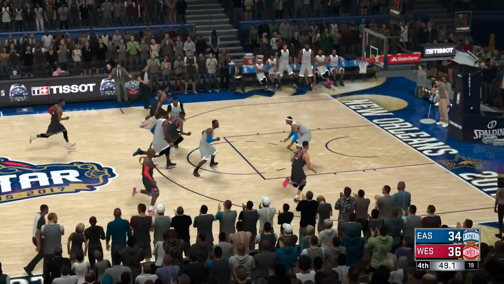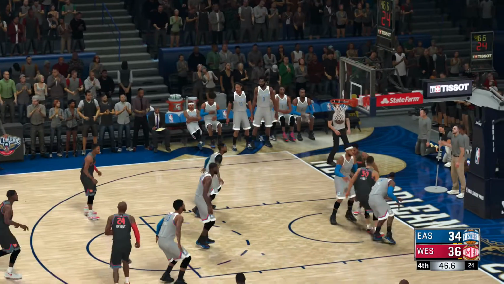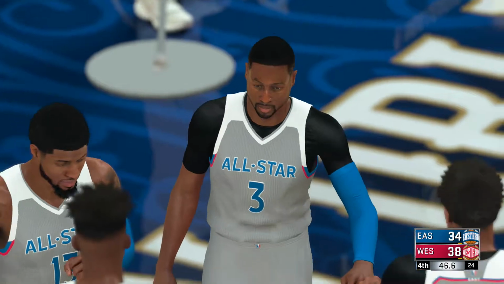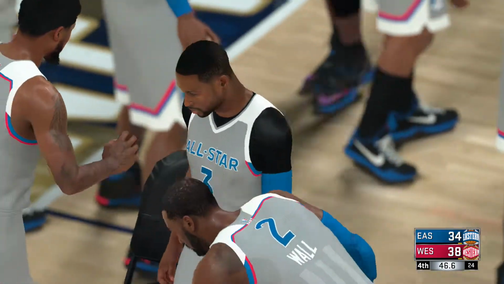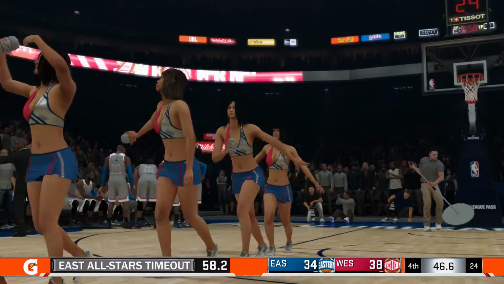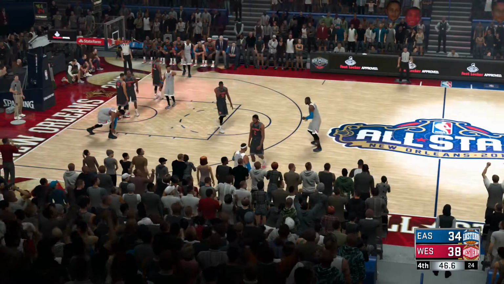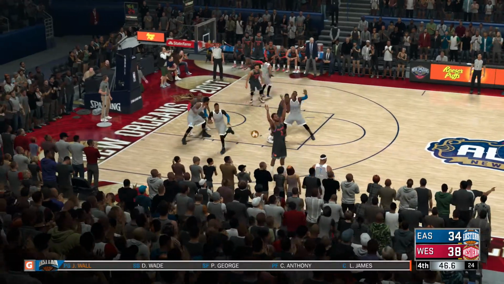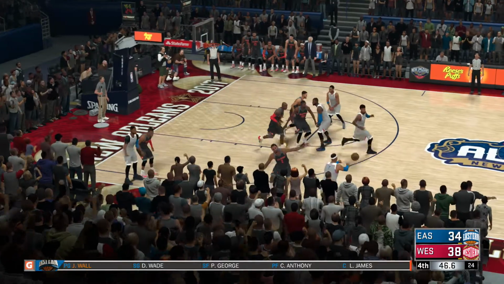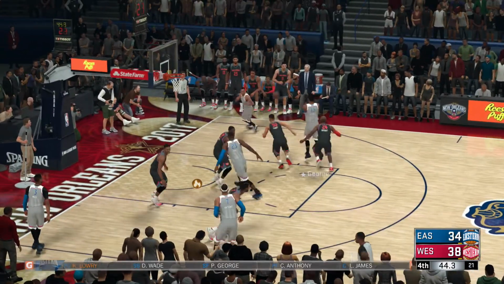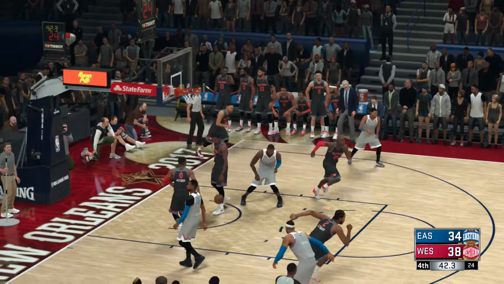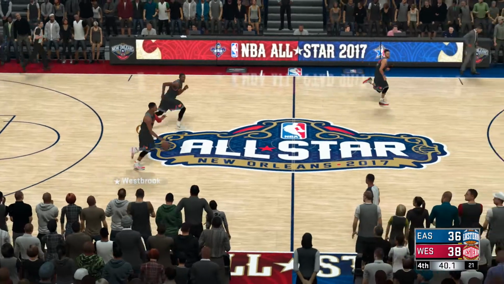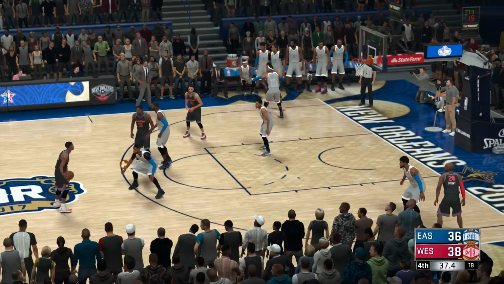Kevin? Here's Durant. Connects! And just look at what Durant is doing. My goodness. And the East All-Stars call time here. They're down by 4. 46 seconds left in the fourth quarter. Kyle Lowry, he's checked in for the East. It's off the screen. Good! And he has brought them to within 2 points. Lowry is small in size, but big in might. When he gets going, he can be an offensive force.